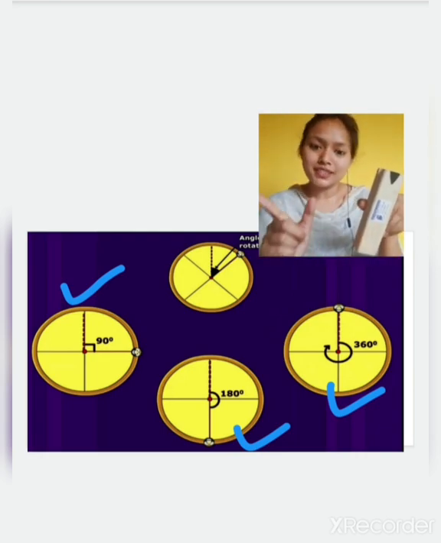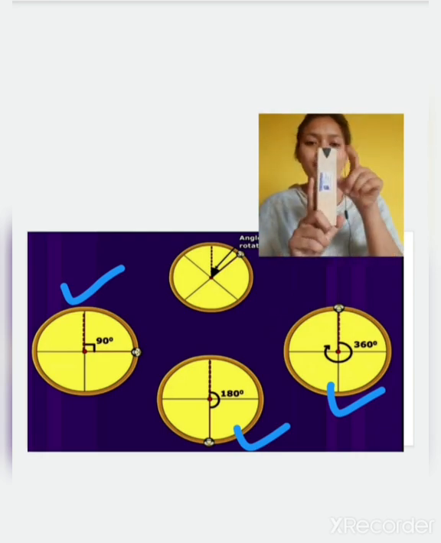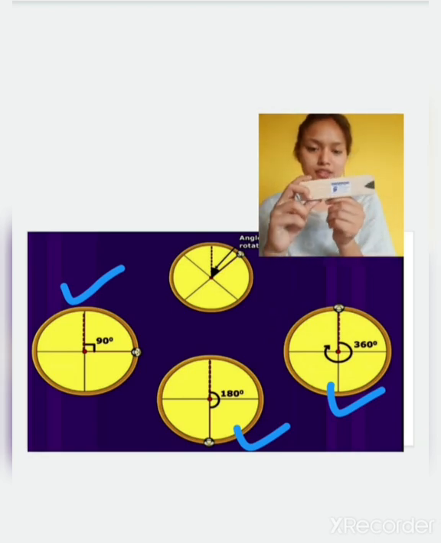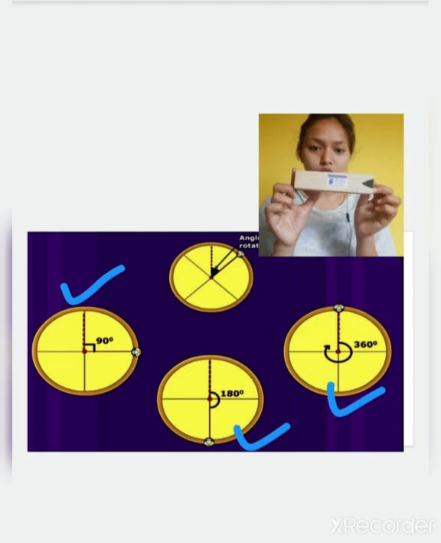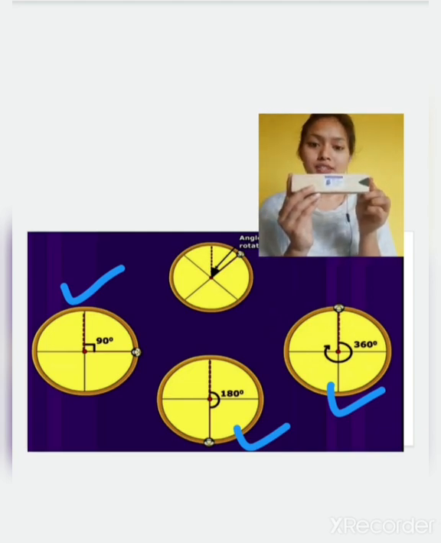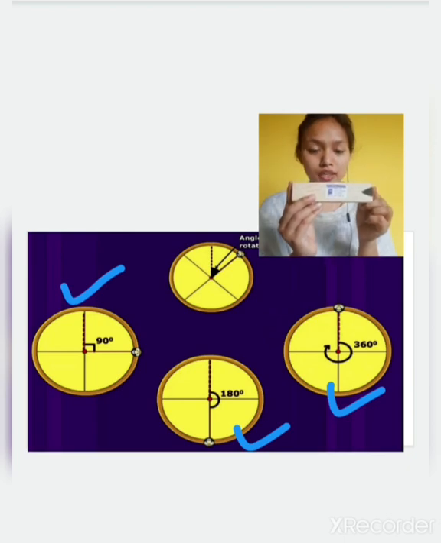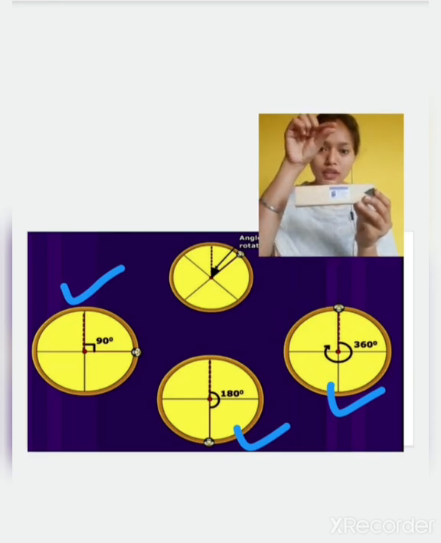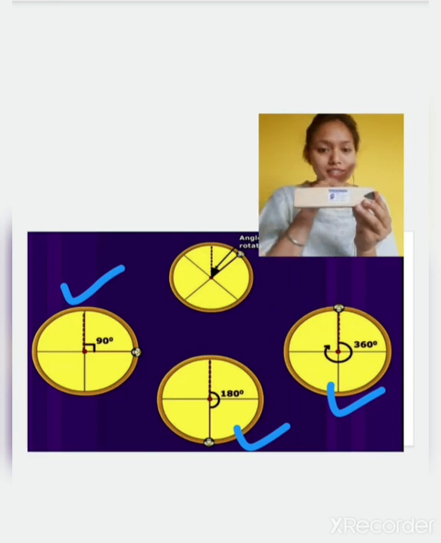1/4 rotation means 90-degree rotation. So if I rotate this by 1/4 or 90 degrees, it will come like this. The duster will look like this, and this point has come here. So this rotation is a 90-degree rotation, or we can say a 1/4 rotation. The starting point was on the top. Now it has rotated how much? 1/4, or we can say 90 degrees.